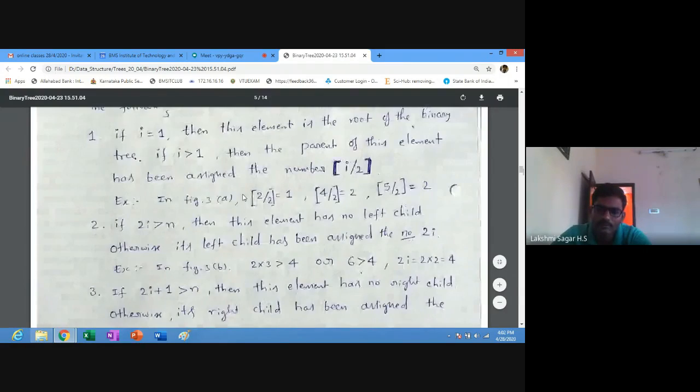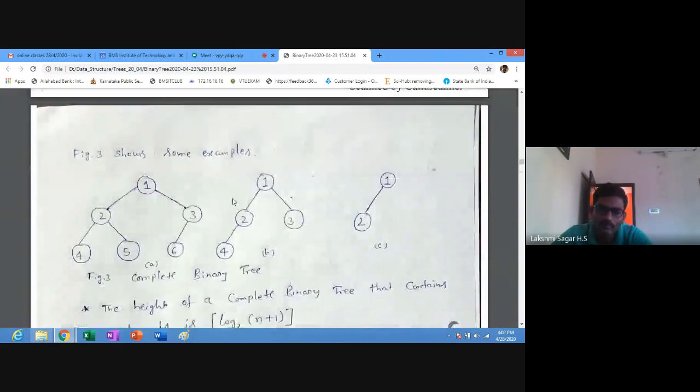Check this. Check A, B, and C, both, and let me know. You check for 3 here. Next, you check for 2. Next, you check for 1.